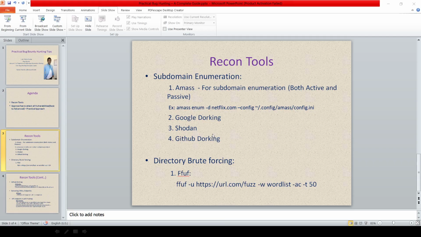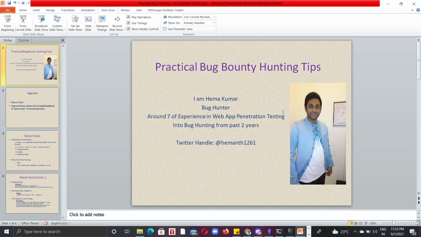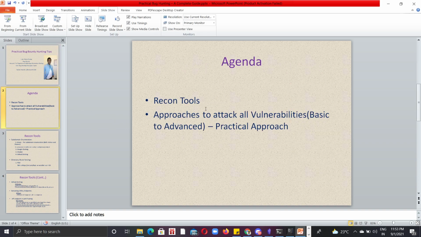So that's it, guys. As I said, I will try to explain the scenarios and approaches to attack all the vulnerabilities from basic to advanced. I will start with the basics, but I will go to advanced level as much as I know. If I don't know something, I will try to learn it for you and explain it. It will be a profit for you and me, because whatever I'm learning, it's always good to explain in a video format. If I'm missing something, then I can correct myself. That's what I believe in.